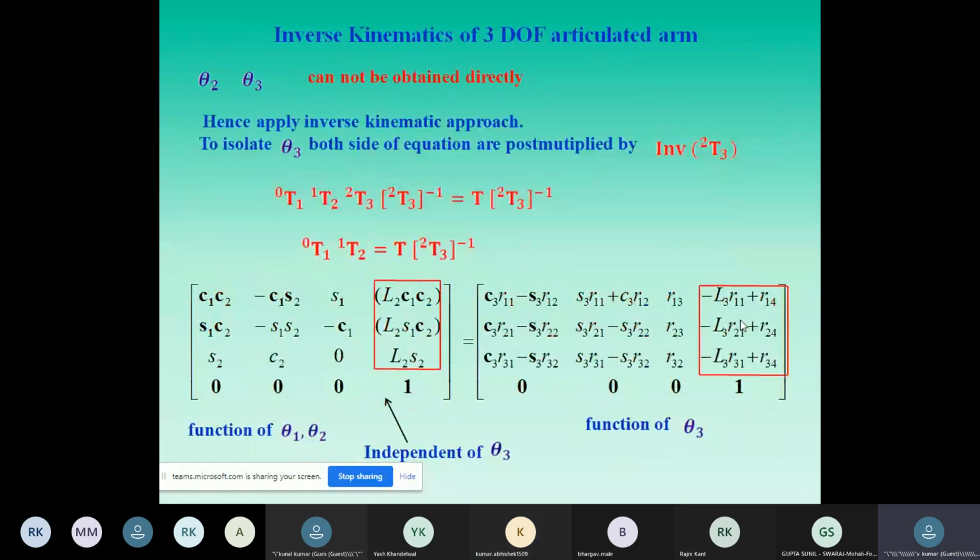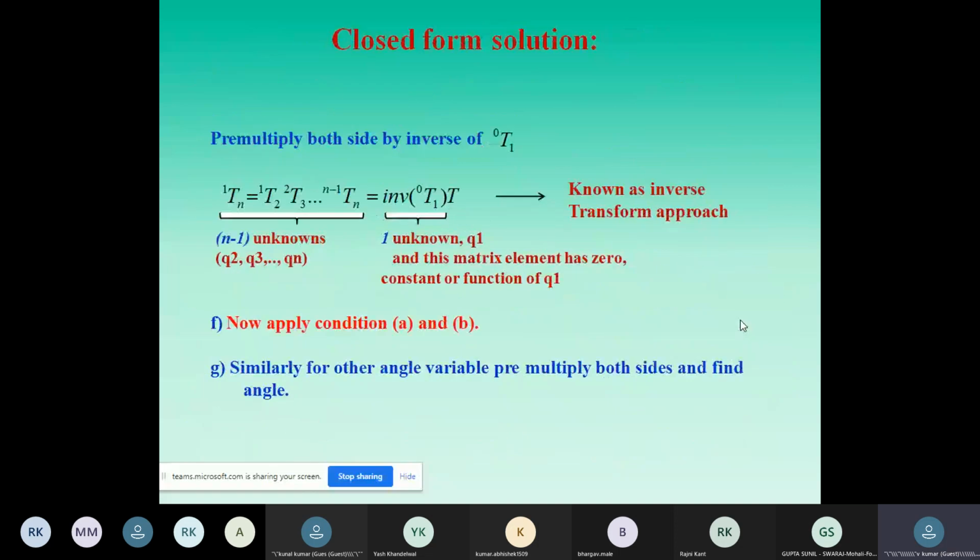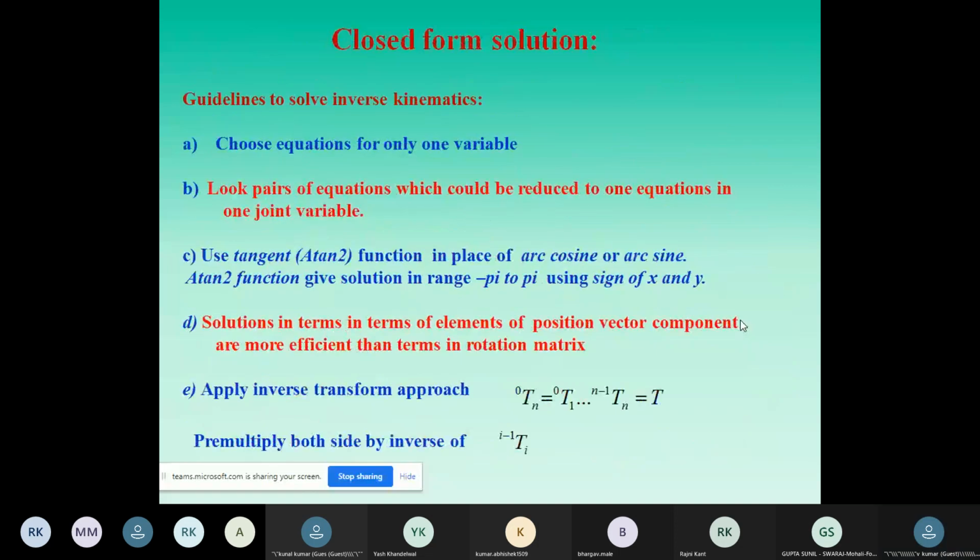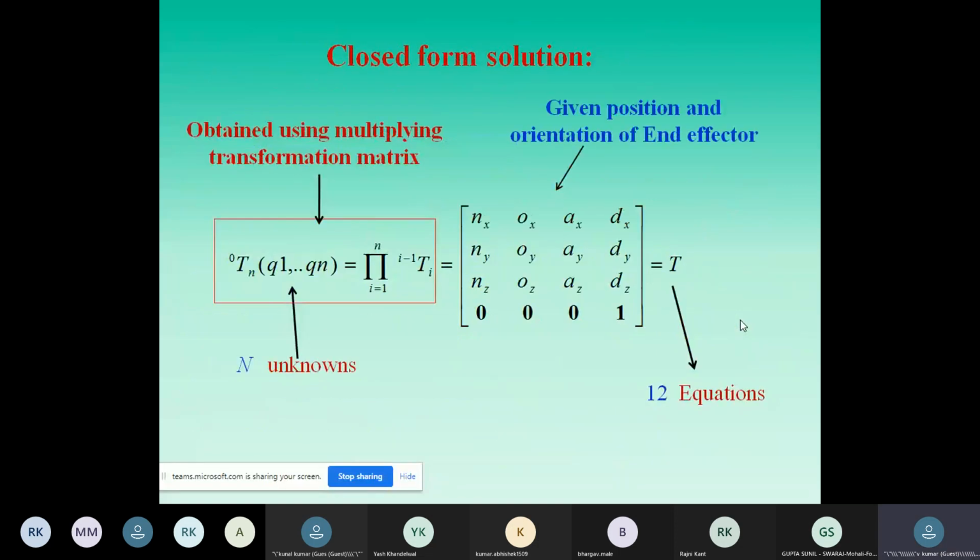Forward kinematics means theta 1, theta 2 joint and link parameters are given, and you have to find the x, y, z end effector position. Inverse kinematics means x, y is given and we have to find theta 1, theta 2 joint angles. Just opposite. If we apply this method, we can find the solution of inverse kinematics. But forward kinematics is very simple because we know the DH parameters. Only put in and multiply the transformation matrices and we get the forward kinematics. We get the overall transformation matrix, and the last column gives the position of the end effector.